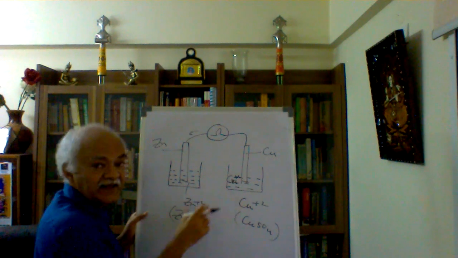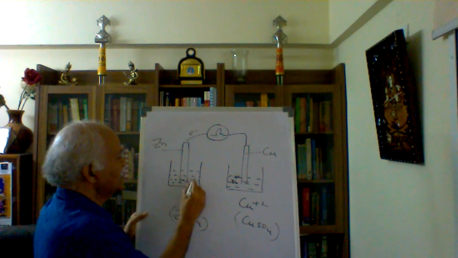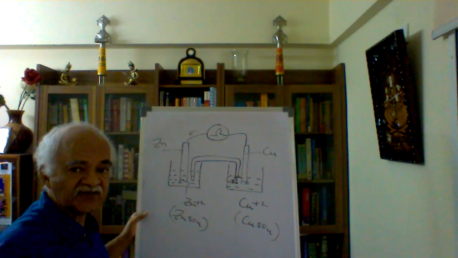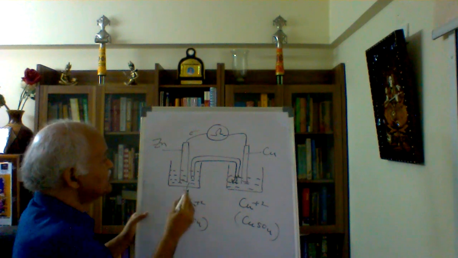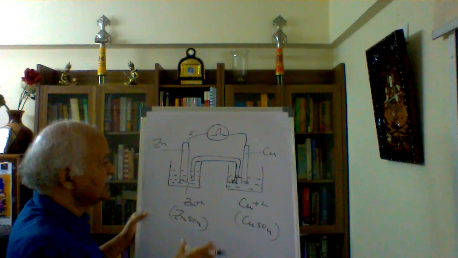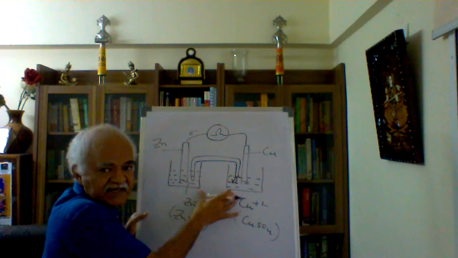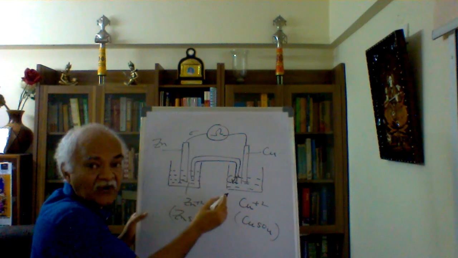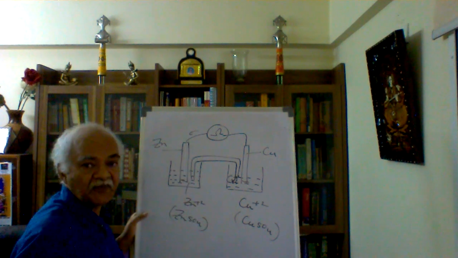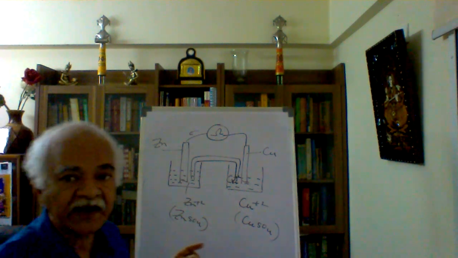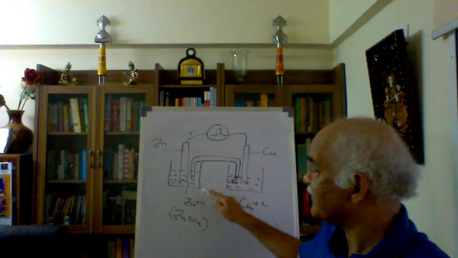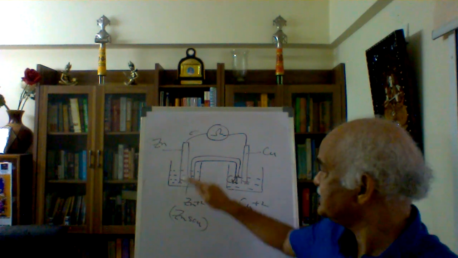Now, what about the connectivity here? The connectivity is shown with a tube like this. The details of that I will talk about later on, but through this tube, which is called a U-tube, as you can make out from the shape, by which we build up a contact between both the half cells, the ion movement must be allowed. So ion movement must be going through these containers. Above, electrons are moving. If you remember correctly, electrical conductance is due to electrons or due to ions. Therefore, once I have both the provisions taken care of, I think the circuit is completed.